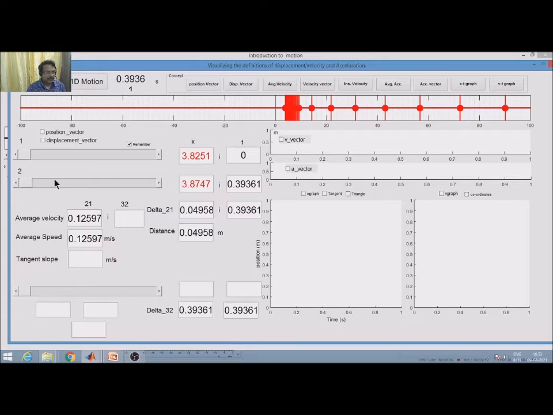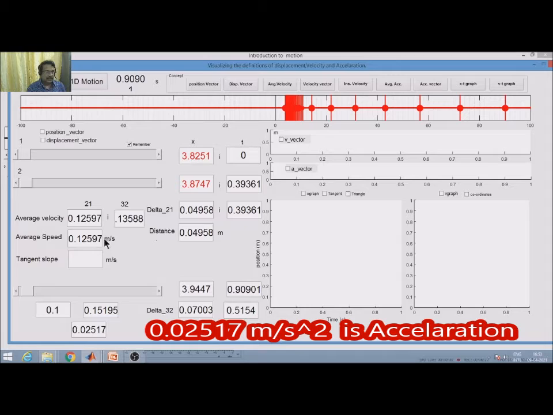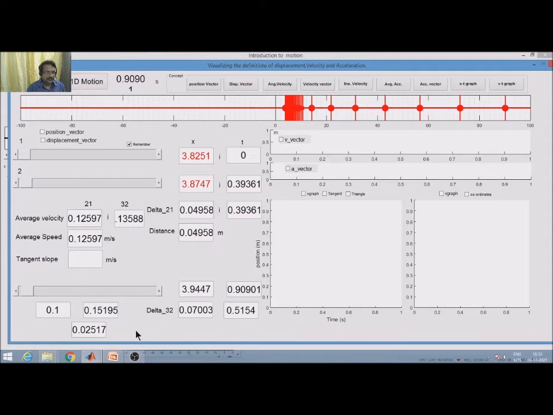Similarly, at t2 we can get the velocity by selecting a third time. t3 is changing and our aim is to get it as close as possible. t3 can be this much, and velocity at time t2 is 0.13 meter per second, and hence acceleration becomes v2 minus v1 by t2 minus t1. However, the step size can be much smaller than this, and the actual velocity will be different from what we are seeing now.